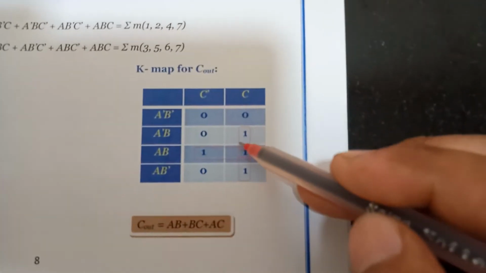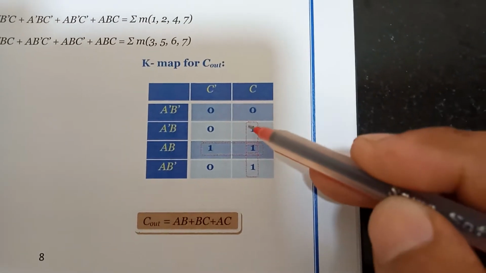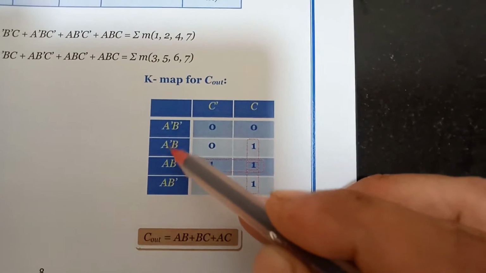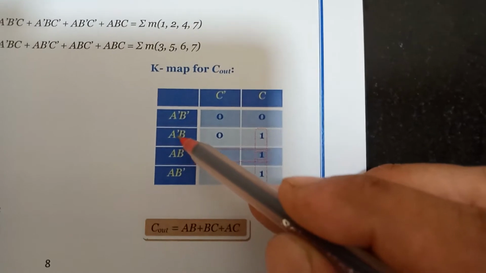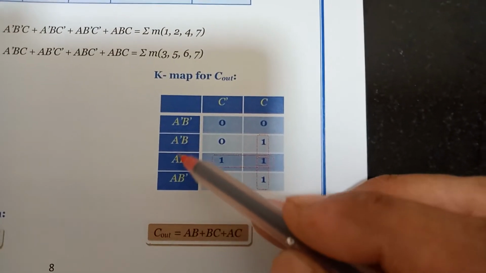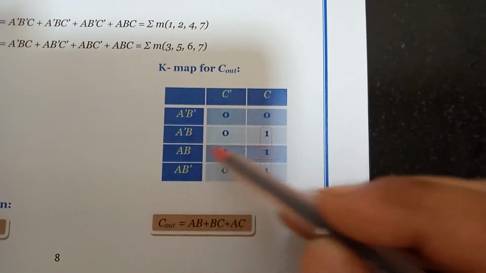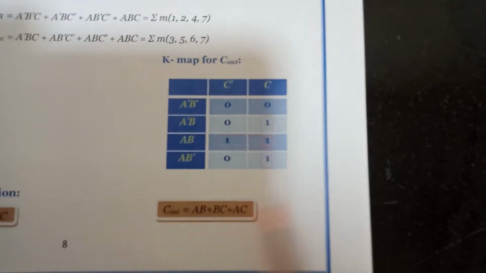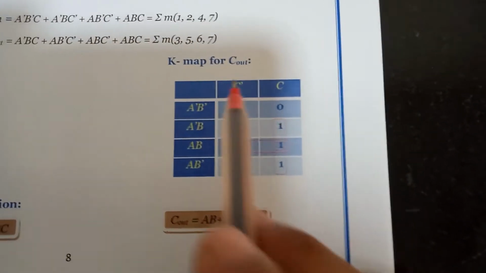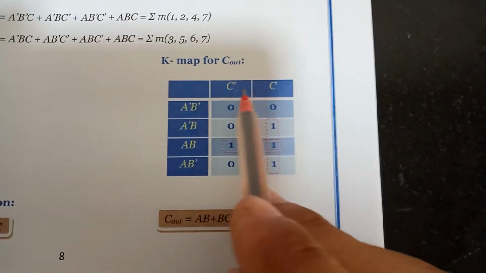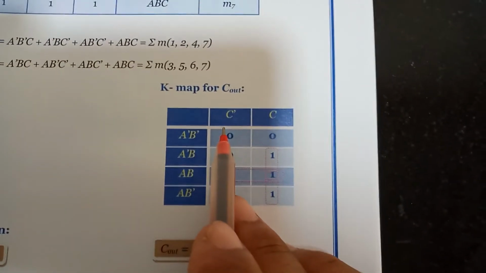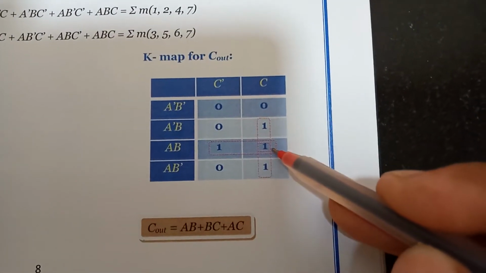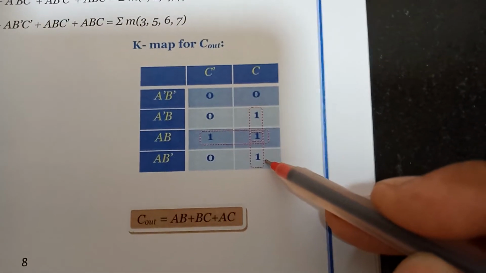Similarly, in this upper pair, we can find that B, B and A dash are common. Remember, the terms present with their complements will be neglected. So we will get B, C. Remember, in any pair, the term which is repeating with its complement, meaning C bar over here, then A bar and A over here, and B bar over here, will be neglected.